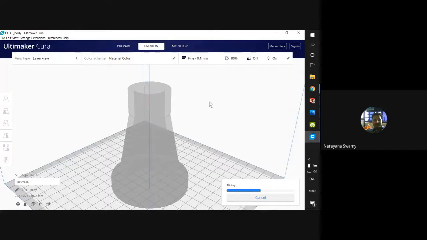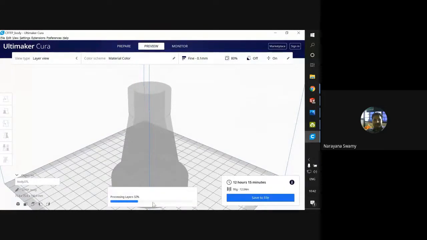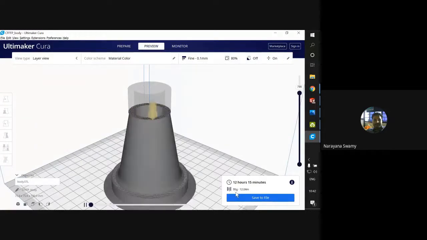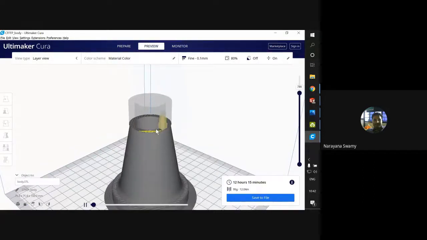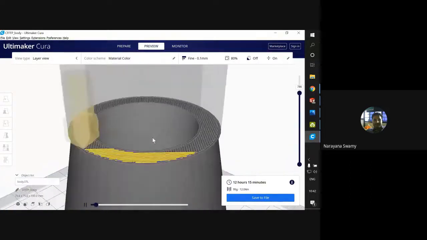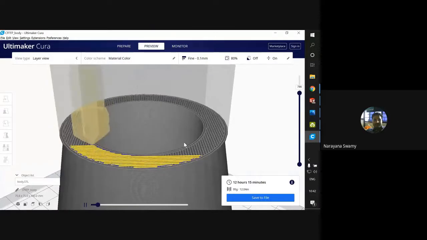Just a few minutes. Now see, as we said, the time has increased to 12 hours and 15 minutes, the product weight is 95 grams, and the filament length is 12.04 meters. You can see the pattern now.